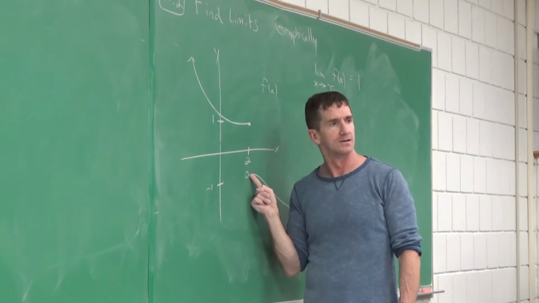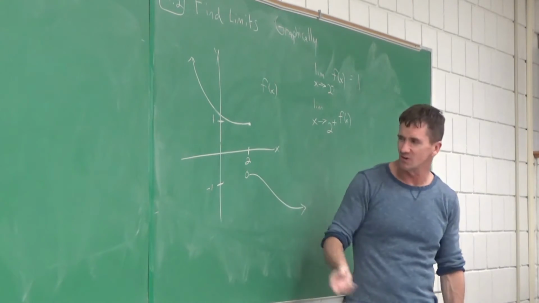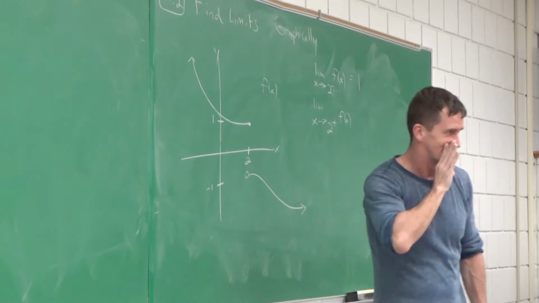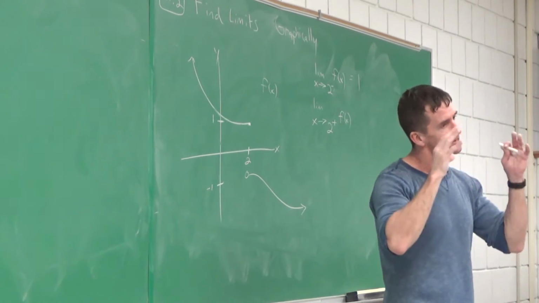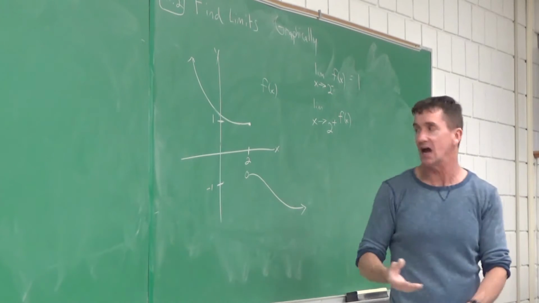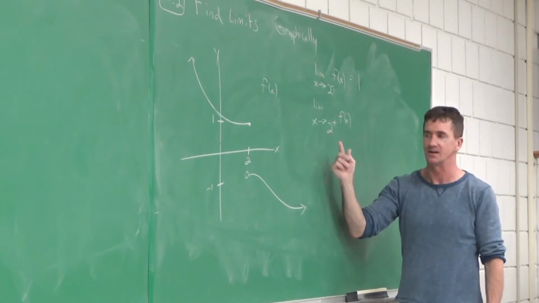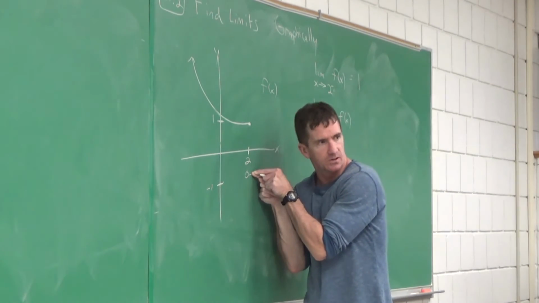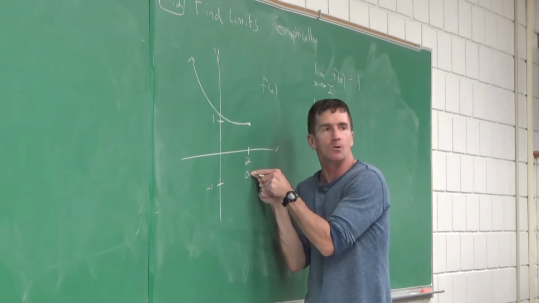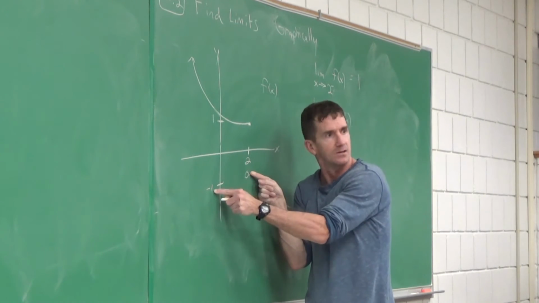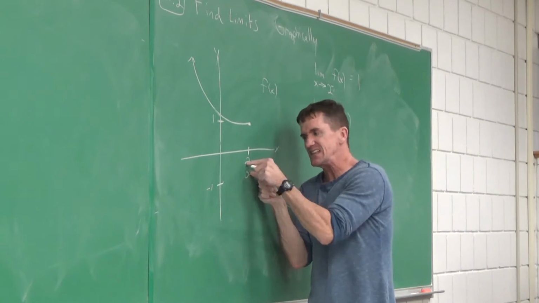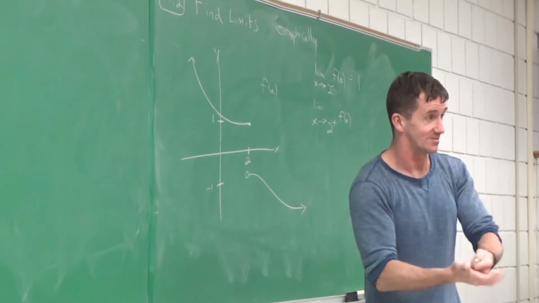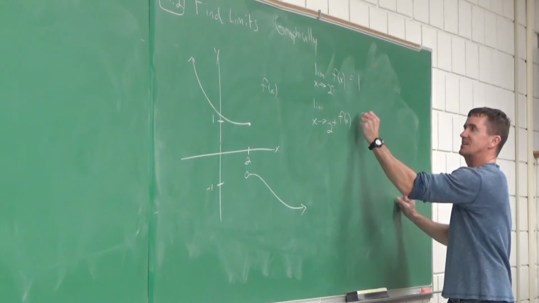And write it in. Of course, we haven't done this before, and there's an open circle there. But remember, the word is approach. That's why calc is cool. I want to know what it's getting closer and closer to as you approach 2 from the right side. As I get closer and closer to 2, what y value am I getting closer and closer to? -1. You go, yeah, but at exactly 2 it doesn't exist. Who cares? It's a limit. We don't care what's going on at exactly 2. You follow me? Oh, cool. So let's put that answer down. It's -1.